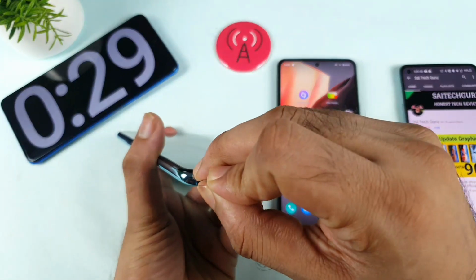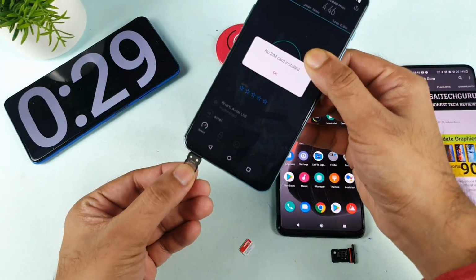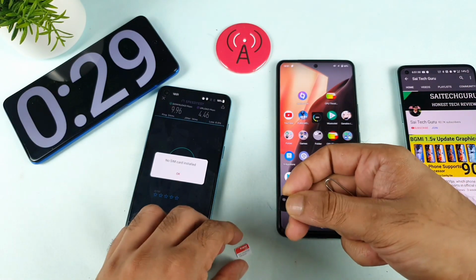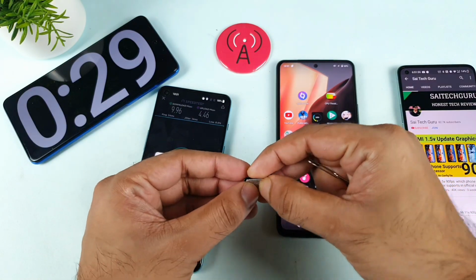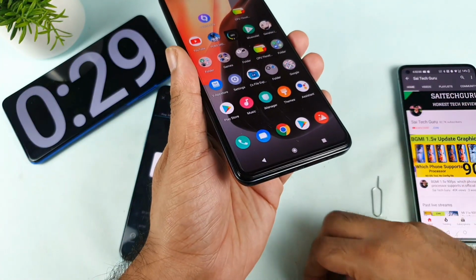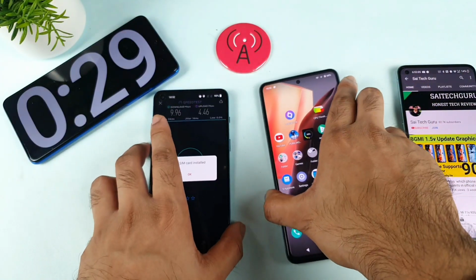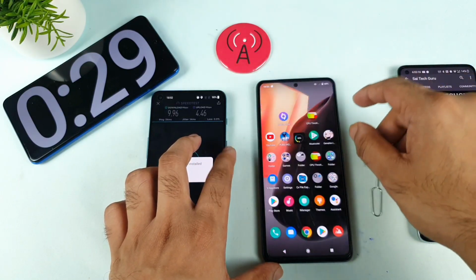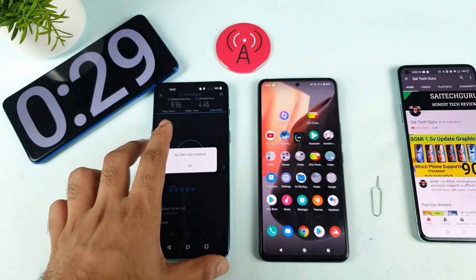Now let me remove the SIM card. And the same SIM card I'm using in this iQOO 7 device, in SIM slot 1, which is what most of my subscribers recommended. So SIM slot 1 only, as you can see. There is no other SIM card in this iQOO 7 device at this moment, only Airtel. I'm changing everything in front of the camera so you know I'm using only the Airtel SIM card, the same SIM in both phones. So first thing is to turn on internet. Yes, internet is on.